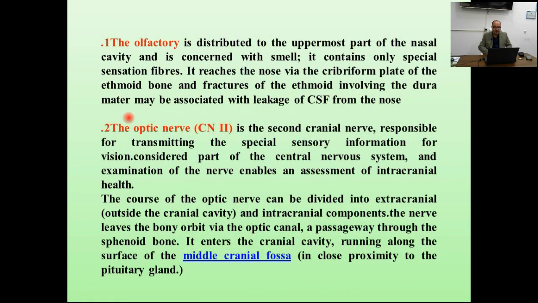The first of the cranial nerves is the olfactory nerve. The olfactory nerve is distributed to the uppermost part of the nasal cavity and is concerned with smell. It contains only special sensation fibers. It reaches the nose via the cribriform plate of the ethmoid bone. So fractures of the ethmoid bone involving the dura mater may be associated with leakage of the CSF from the nose and can cause anosmia, which means damage to the olfactory system and